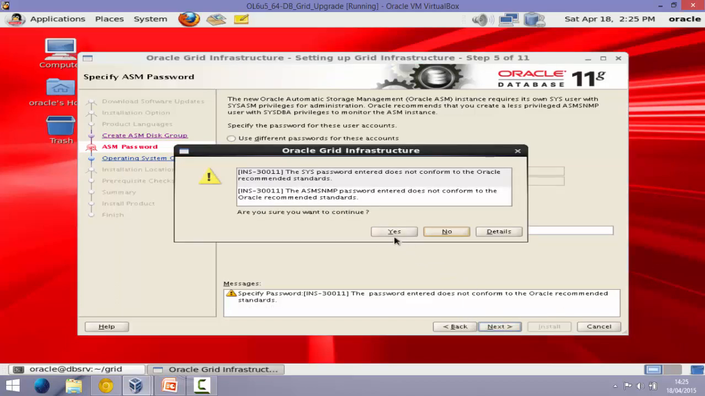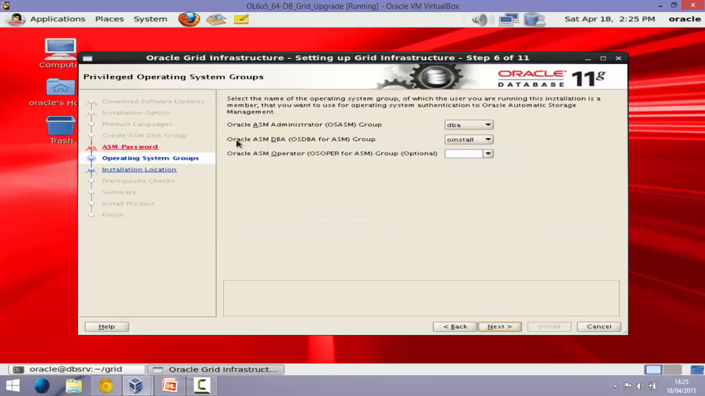Next, yes. On this step, I want to choose the group DBA as the ASM administrator group, the ASM DBA group, and the ASM operator group. Next,